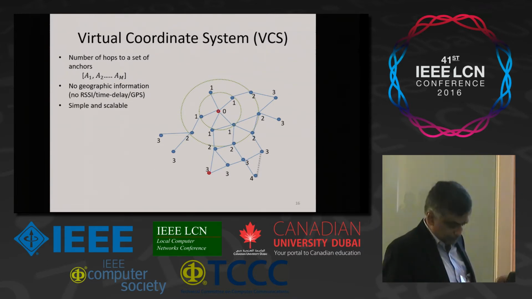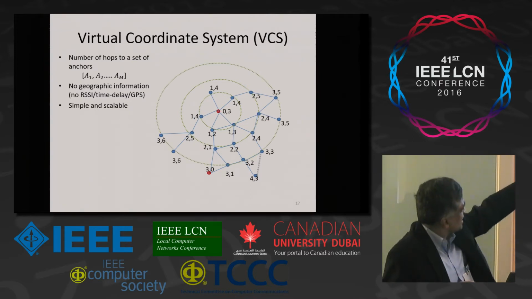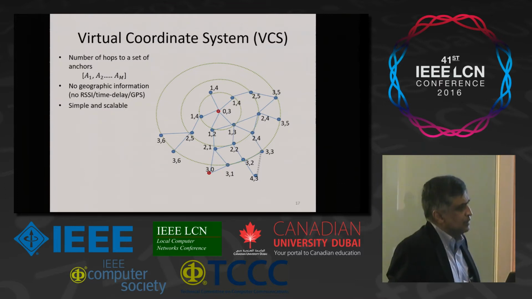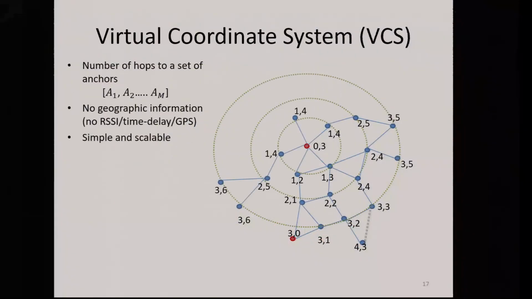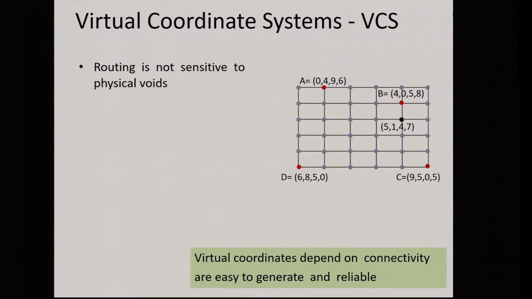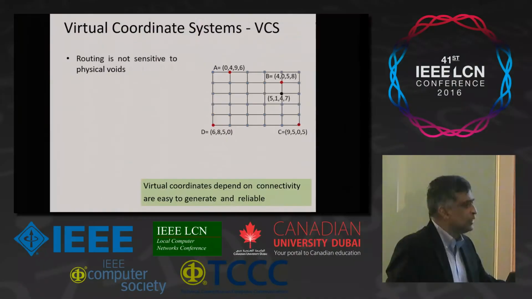And then there's a second anchor, so the coordinates propagate radially, and then there's a second anchor, so in this case the coordinates would be like this here. Right? If you don't have enough anchors, there will be identical coordinates, and you don't know how to place anchors, and so there are a lot of problems. So these virtual coordinates actually depend on connectivity of a graph. So this is more natural for graphs and networks compared to the physical coordinates.